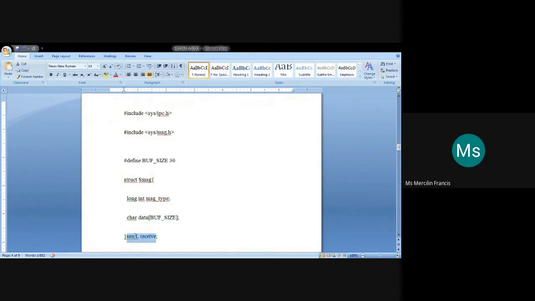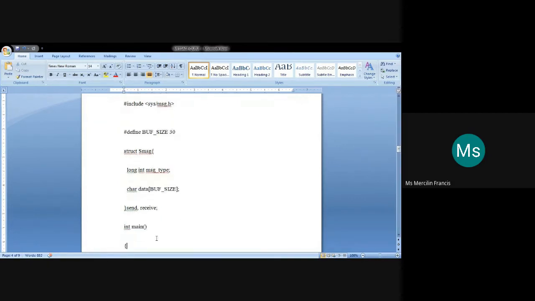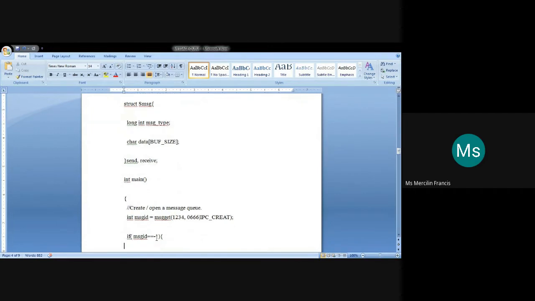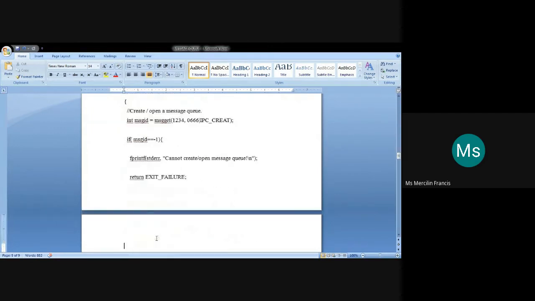Send and receive structure variables are used. So a structure is used in order to store the data. It will be having a long integer message type and an array to store the data.